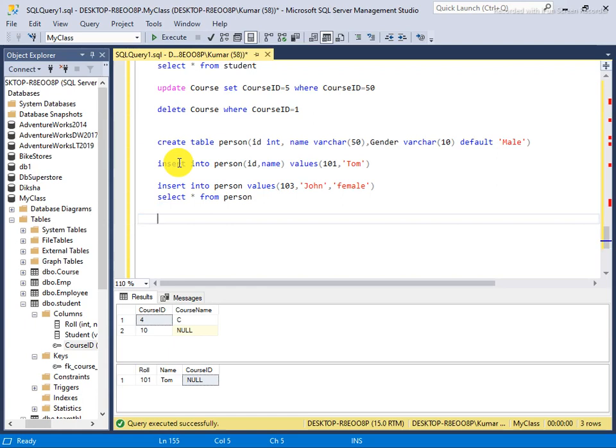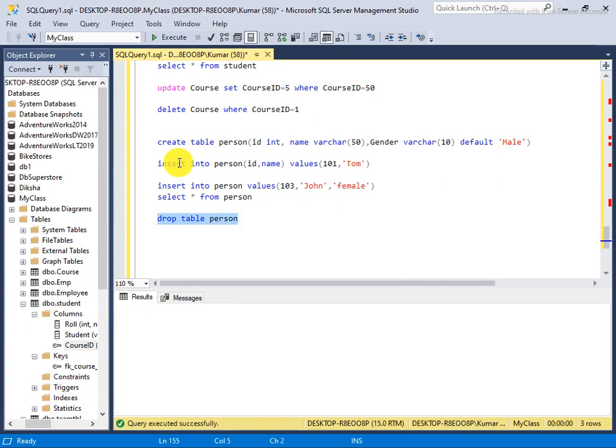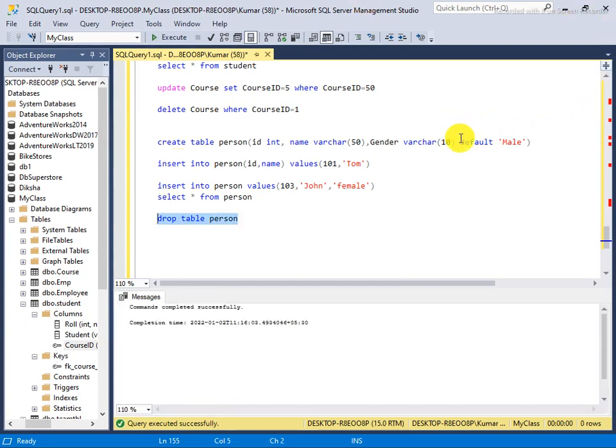I just wanted to say that this is also a kind of constraint. Same as with the primary key, we gave a constraint name, and we do the same thing here. Firstly I drop this table person and delete it, and here I am not declaring the default value. I create a table normally, and I want to add a constraint with female as the default value.